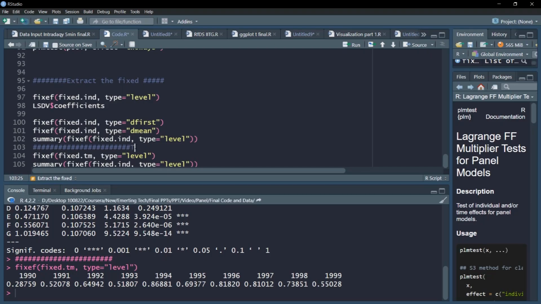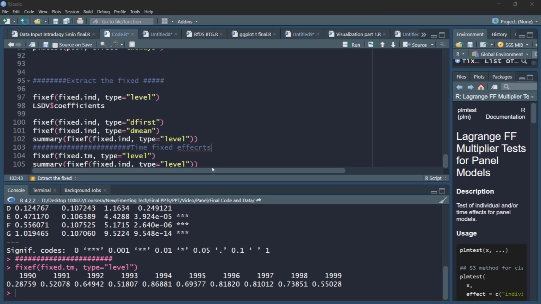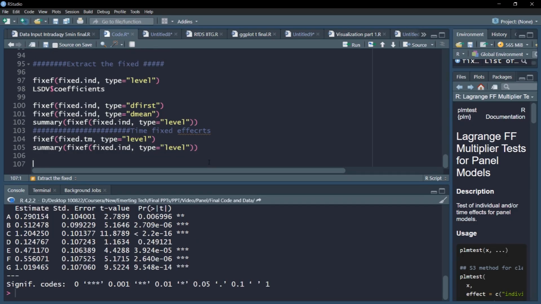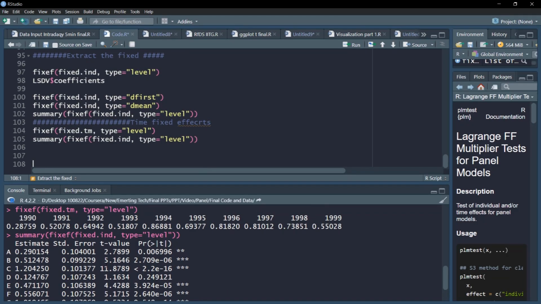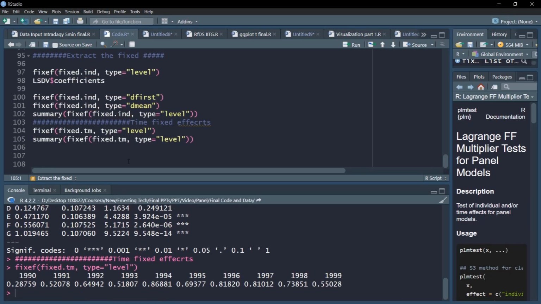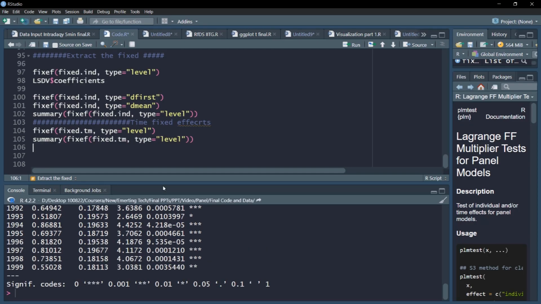So here we are extracting the time fixed effects. So that also we can obtain. As you can see here, we can see their significance and other things. All I need to do is revise the command a little bit and I can give you the summary, and their significance also we can obtain.